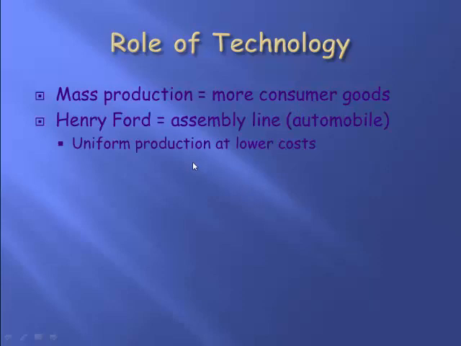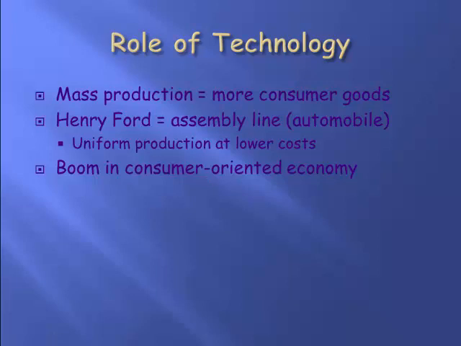The other thing that comes out, not really a technology but more a way of producing, is the assembly line. Henry Ford really perfects the assembly line in his factories in producing automobiles. He produced them so fast and really cut down the cost of production. More and more people were able to buy the automobile because its price went down. There are some actual numbers we'll look at in class, but it really lowered the cost of that automobile. And once we perfect this assembly line, more and more companies are going to do it in how they're making their products.